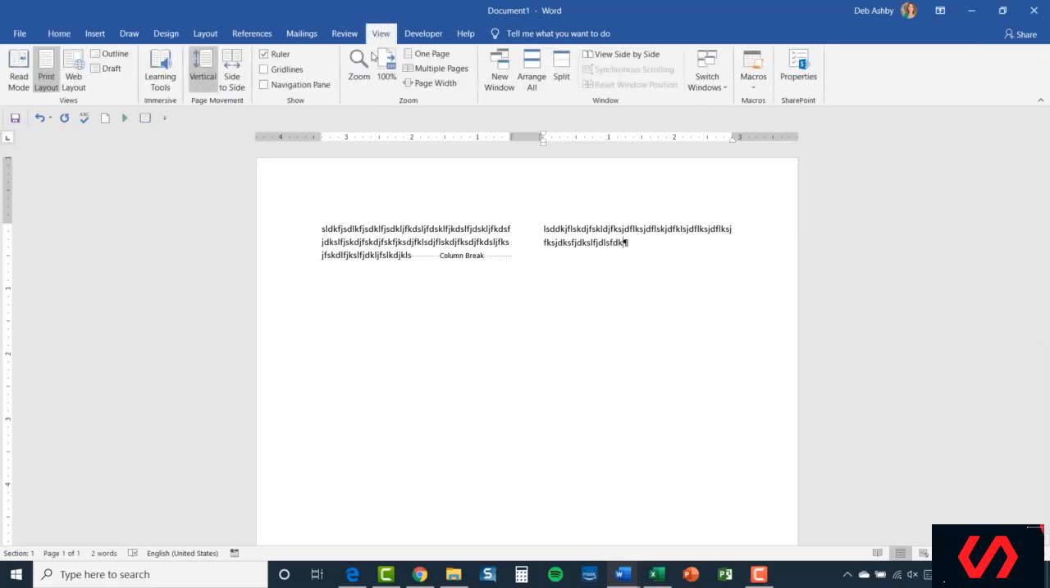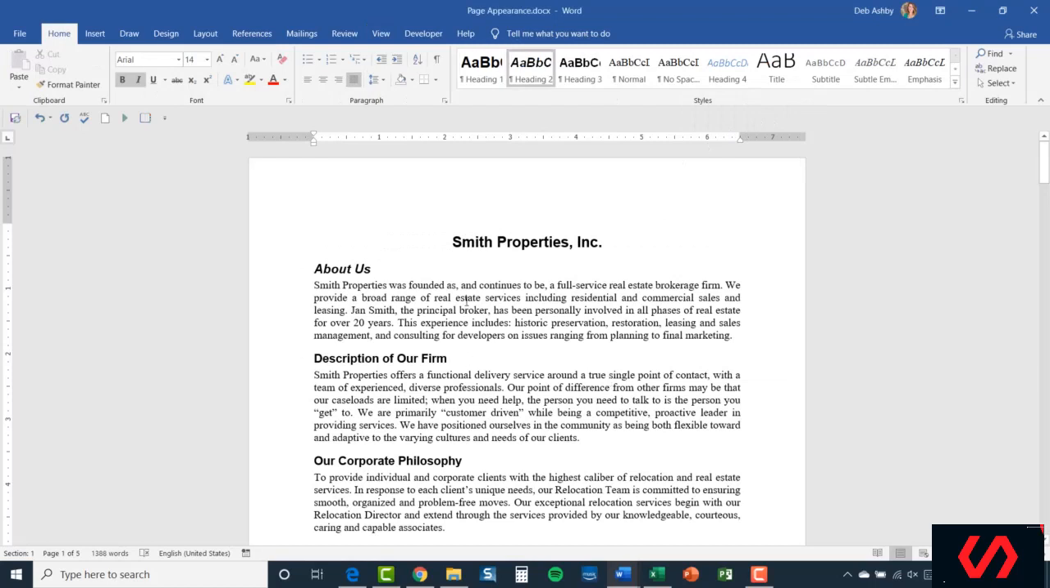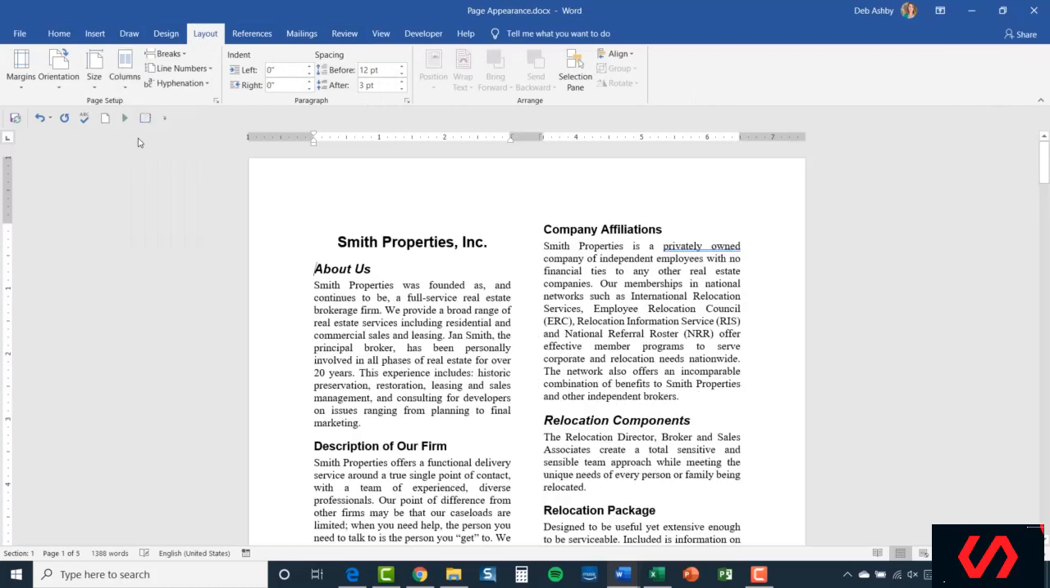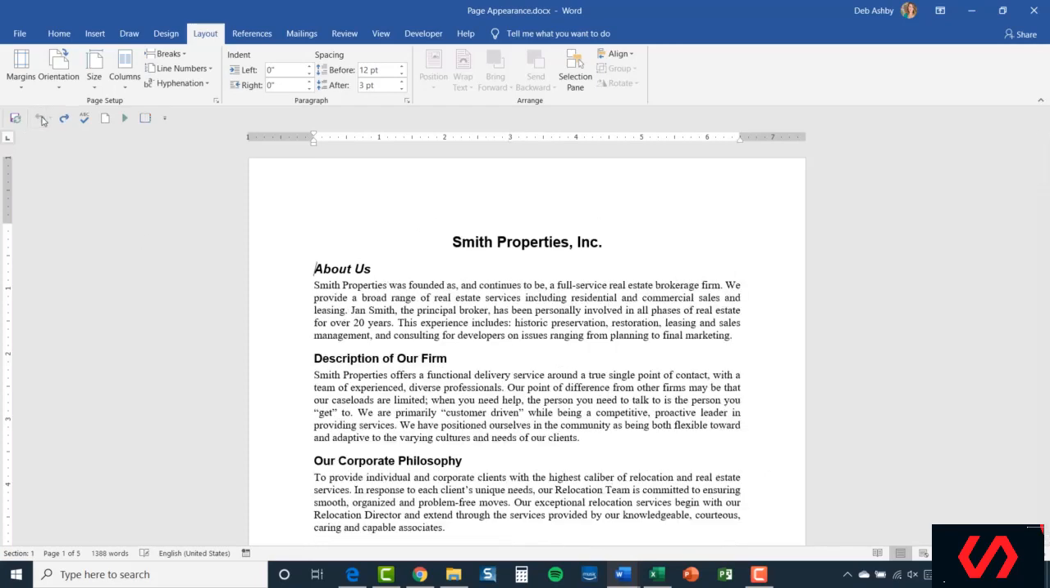So I'm going to go back to our document that we were looking at previously, pageappearance.doc. I'm just going to click in front of About Us, go to the Layout ribbon, go to Columns, and say 2 columns again. Now, this looks a little bit strange because my title is also in the column. I might want to have my title still at the top and then just have the rest of the text in 2 columns. So I'm going to undo, and this time